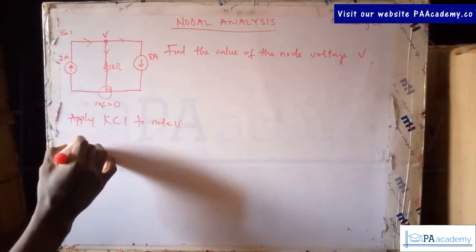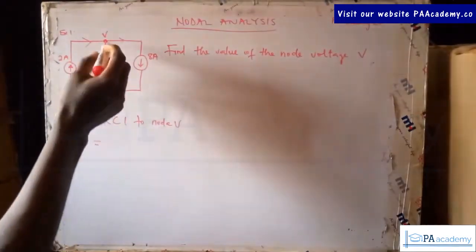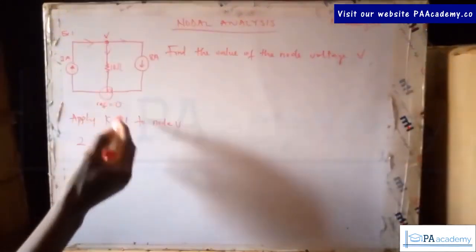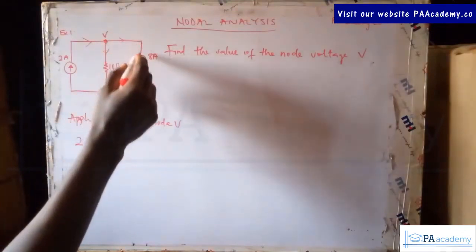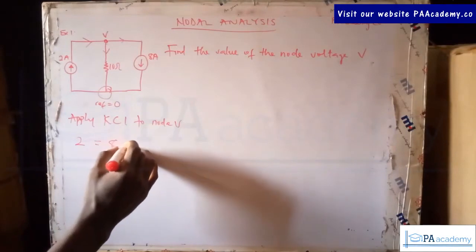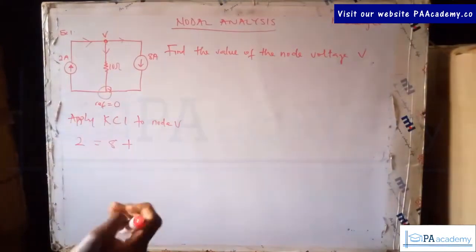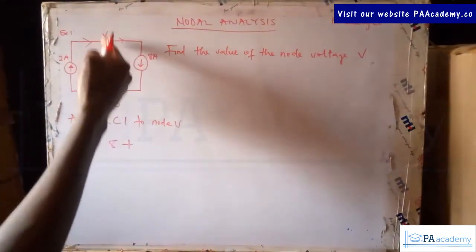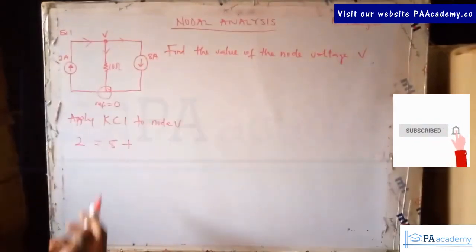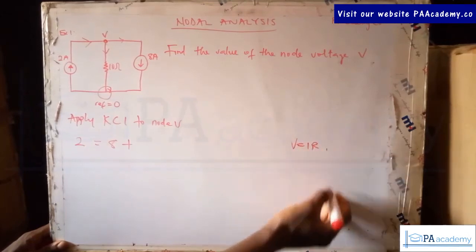So we note that that is 2. And then the outgoing current: there are 2 currents leaving this node, from here and the one like this. Let me start from here. The one moving like this is 8 amperes. For the other current, we don't have an exact value for the current flowing here, unlike here where the current is 8 amperes, and the current here is 2 amperes. But from Ohm's law, where V equals IR,